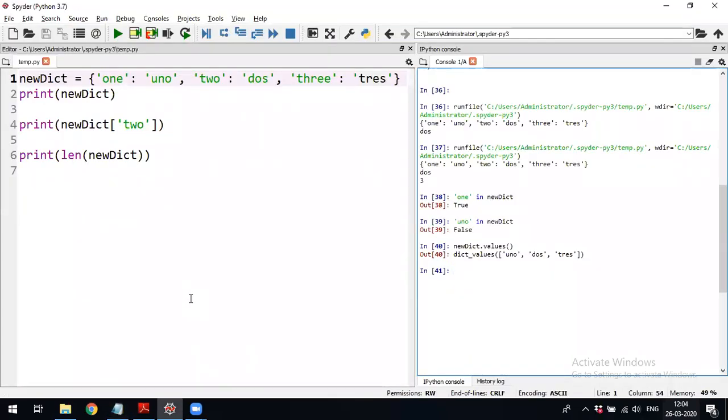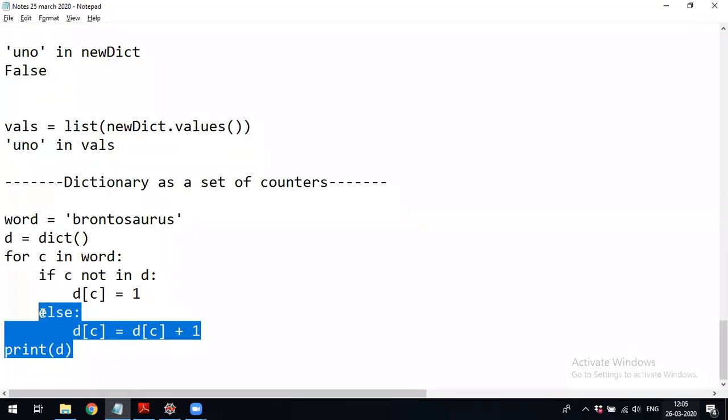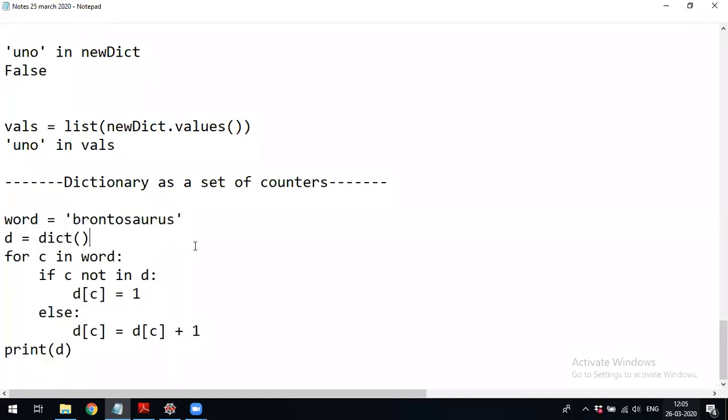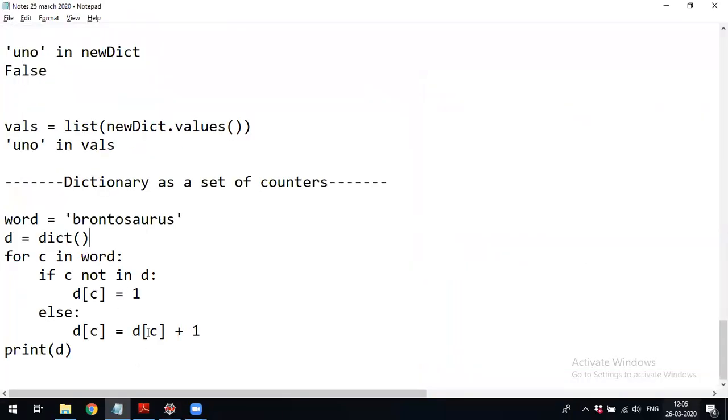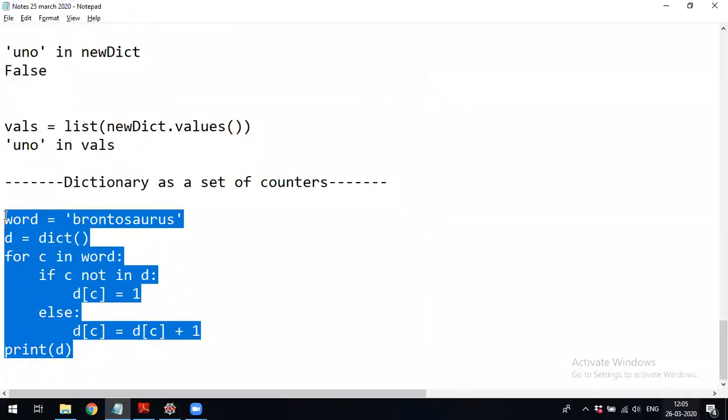If you want to write logic for that, you would have to take as many variables as characters, say 26 variables, or else store them with a list. But with a dictionary, within 8 lines you can print the occurrence of each character in a string. That is the advantage with this. That we'll discuss in the next class.